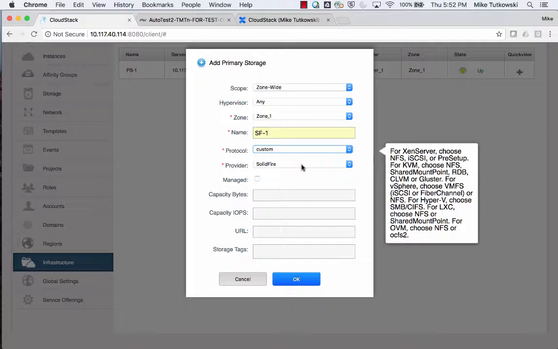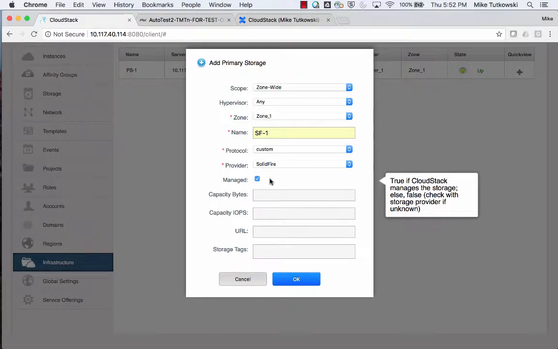Now this is known as managed storage. You can check the box here, or you don't have to. In this particular case, the SolidFire storage plugin is always going to be for managed primary storage. So whether the managed checkbox is checked or not is not actually taken into consideration by the SolidFire storage plugin. It just treats itself as managed storage all the time. So I'll just go ahead and check it anyways, just so we can visually see here that we're dealing with